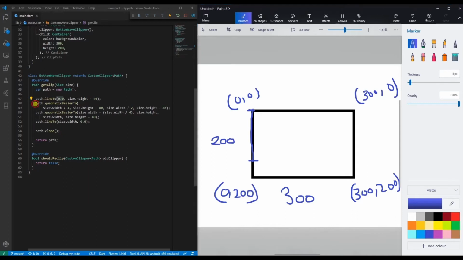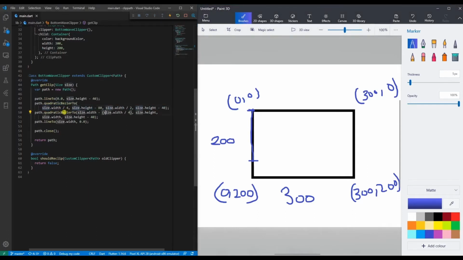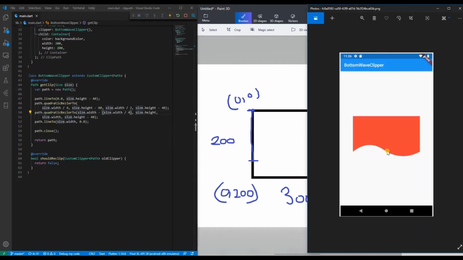As part of drawing the curve, we have something called Bezier curves. These kind of curves are called Bezier curves. So this whole curve, we are actually drawing a cubic curve, but in order to look like a cubic curve, we are drawing one part of the parabolic curve and then again the other part of the parabolic curve. Both combined will look like a cubic curve.